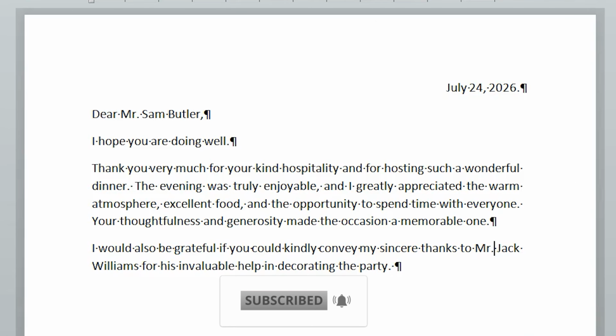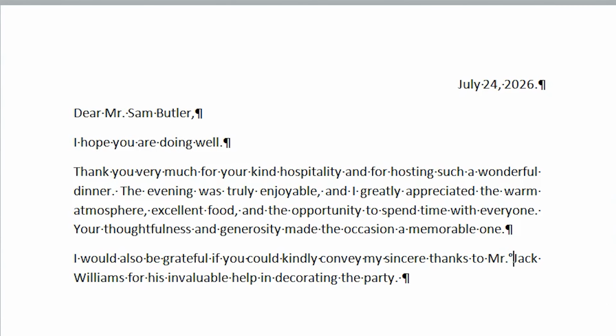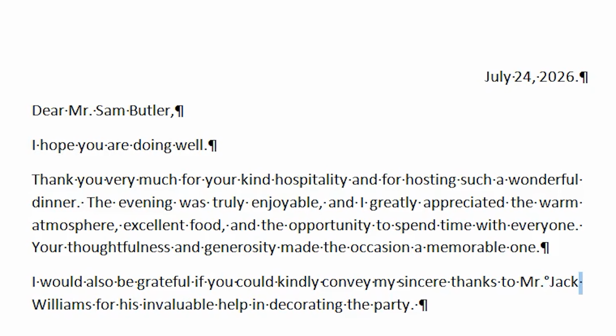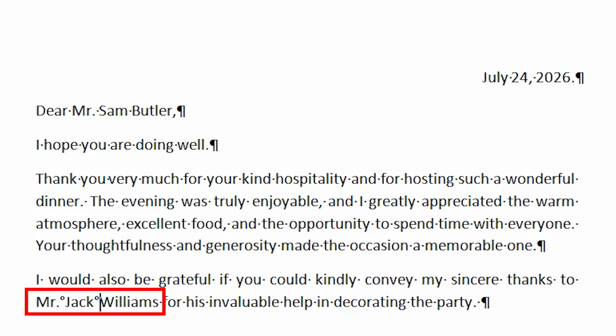Now select the empty space between the targeted words and press Ctrl plus Shift plus space bar. You will see the space symbol change into a degree symbol. Usually the space between the words will stay there, but it will be removed at the back end, effectively locking